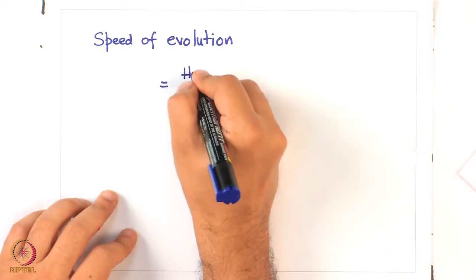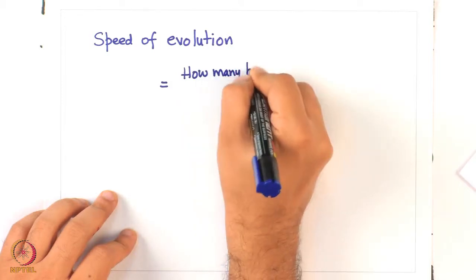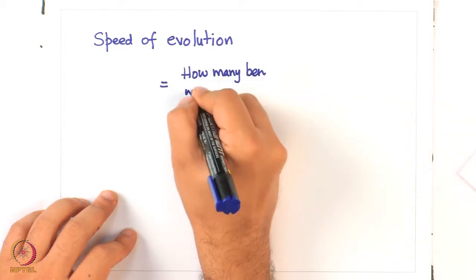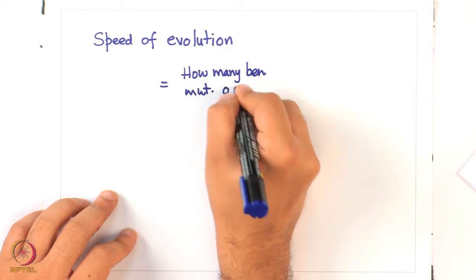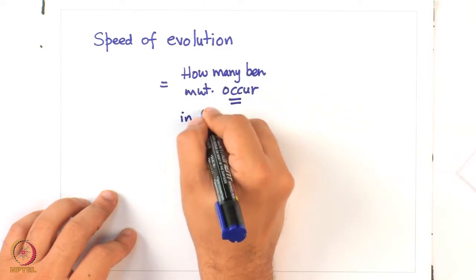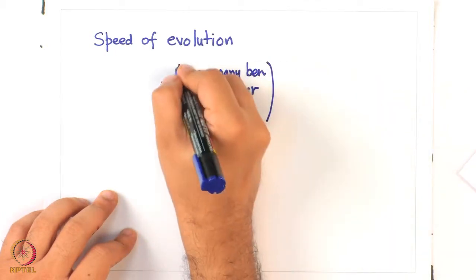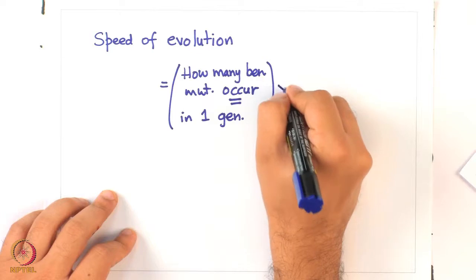So, we are going to write this as how many beneficial mutations occur, not fixed but occur in one generation. Okay. We need an expression for this, times